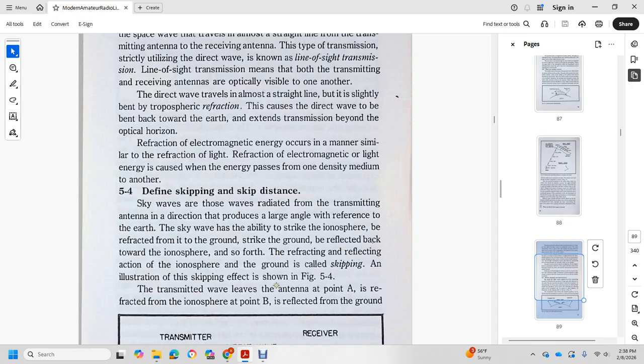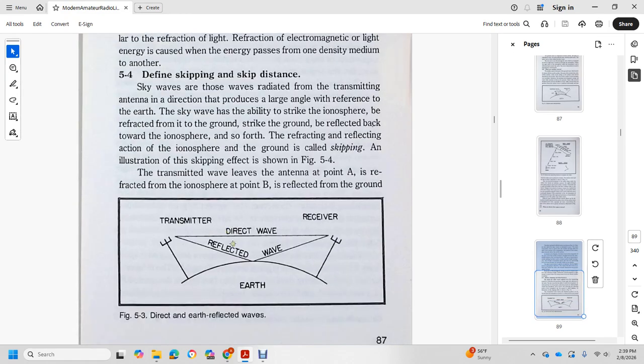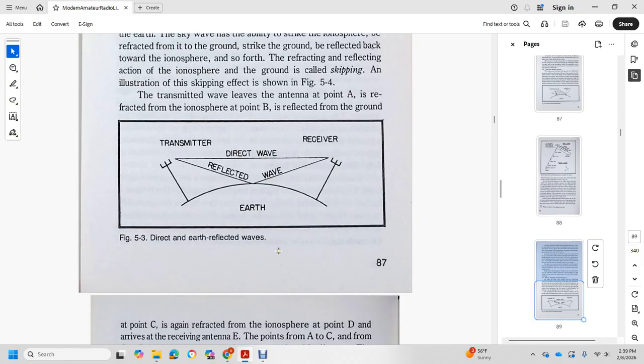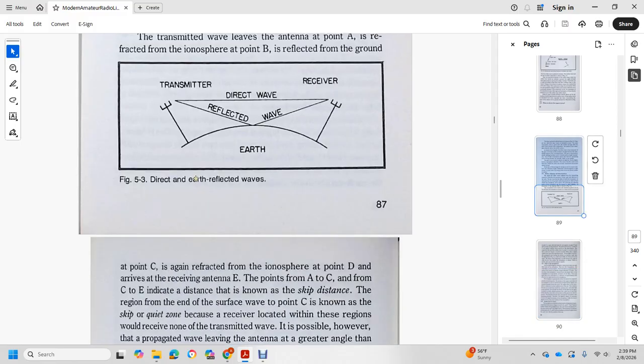The transmitted wave leaves the antenna at point A, is refracted by the ionosphere at point B, and reflected back from the ground. The direct wave and the reflected wave reach the Earth and the receiver at point C, refracted again by the ionosphere toward point D, and arrive at the receiving antenna at point E. The distance between points A and C, and from C and E, is known as the skip distance. The region at the end of the surface wave, at the point